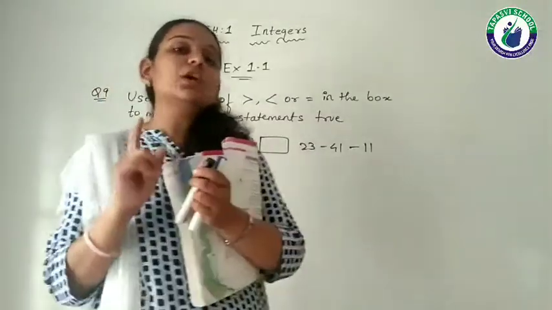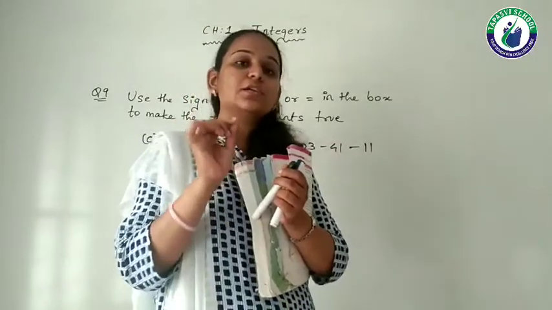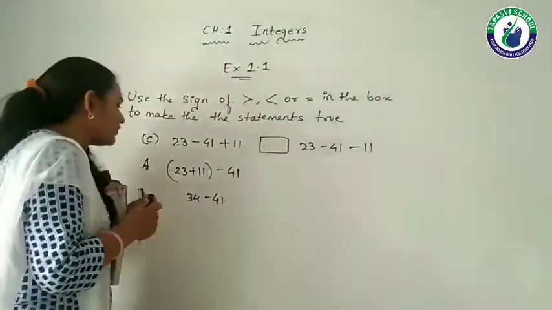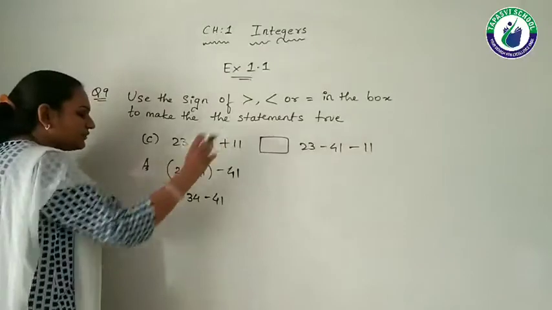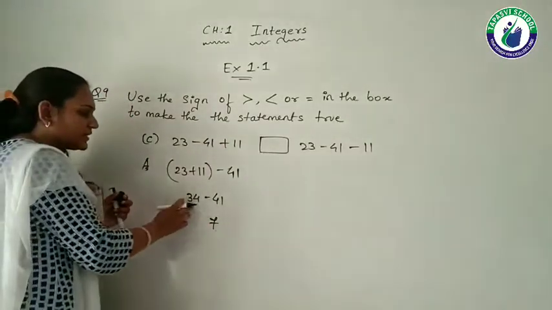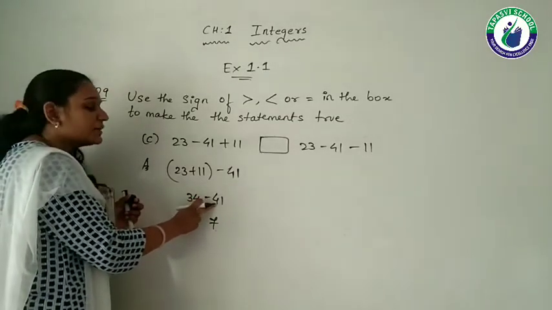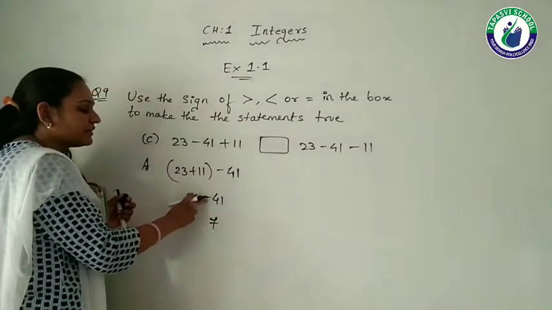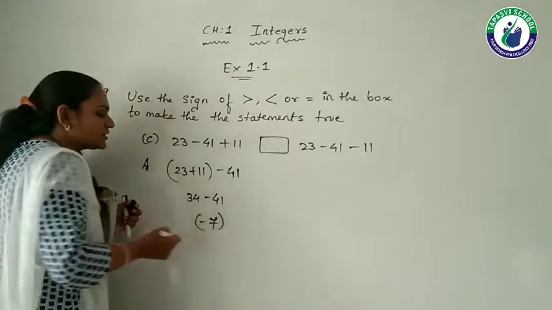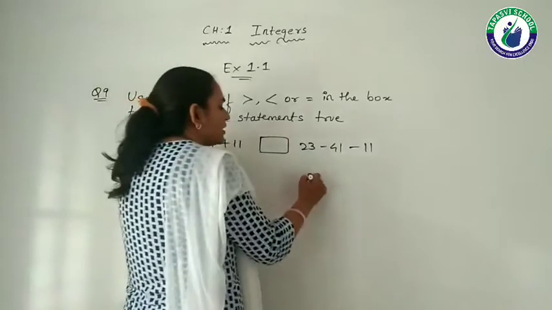So remember the rule of addition of integers, one number negative, one number positive. So we are going to subtract them. So 41 minus 34 becomes 7. Now out of these two numbers, which one is a greater one? 41. So I am going to give the sign of 41, that means negative, to this number.